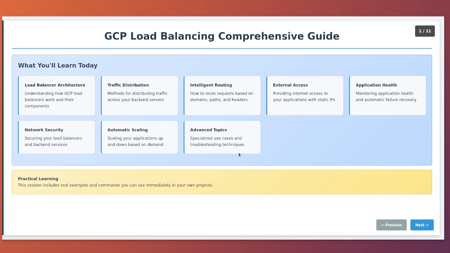Welcome everyone to this comprehensive guide on Google Cloud Platform load balancing. I am excited to take you through one of the most crucial aspects of cloud infrastructure: how to build scalable, resilient load balancing solutions that can handle millions of requests. In my years of working with GCP, I have seen how proper load balancing can transform an application's performance and reliability. Today, we will cover everything from the fundamental concepts to advanced configurations that you can implement immediately in your